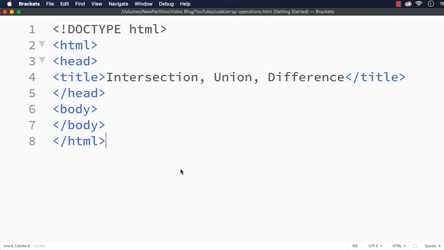In this video, let's see how to find the intersection, union and difference of arrays. These three are array operations as we have learned in mathematics. So let's see how to use a filter method to find the intersection of arrays, union of arrays and also the difference between arrays. So to illustrate this, I have already saved a web page, changed the title, and now